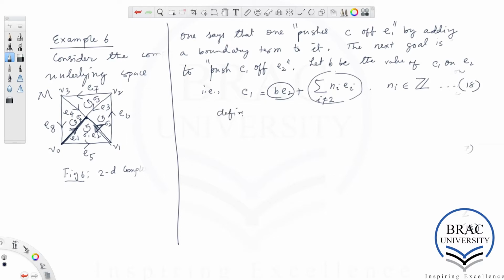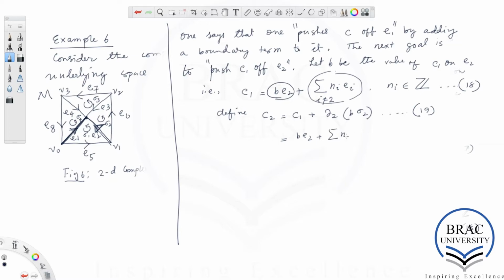Now we define a new one chain C2 by adding a boundary term to C1, which is del 2 of B sigma 2. This is equation number 19. Okay, now after plugging in the value of C1 from 18 into 19, this is BE2 plus sum